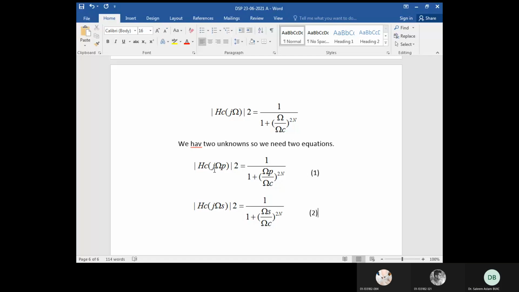So if you see this, this is a monotonically decreasing function. Monotonically decreasing function means every next value would be lesser than the previous value. आप इसको देख लें कि next value हमेशा आपसे previous से छोटी है. So at 0, its value is exactly 1, but your omega pass is at 0.25. The value would be 0.89125, and at omega stop, its amplitude would be 0.17783. Agree? Agree करते हैं?